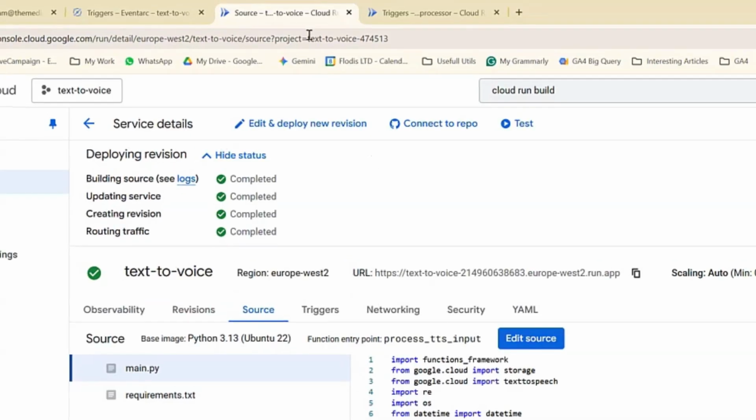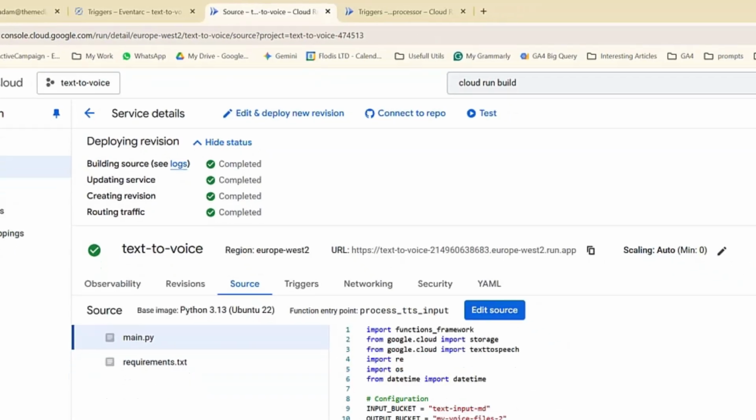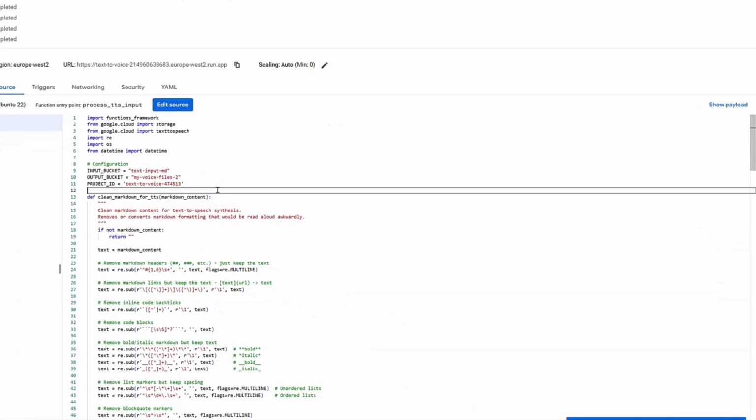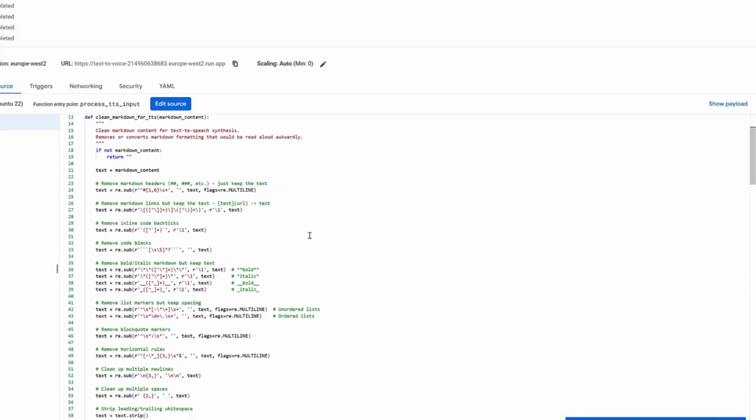The easiest place to find it is just up here in the URL. Project equals whatever your project is, and just put that in. And after that, that's all you need to change. You're good to go. But if you want to know what's going on, then this first part of the function